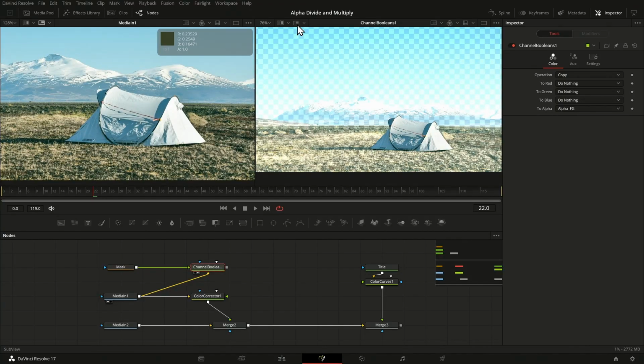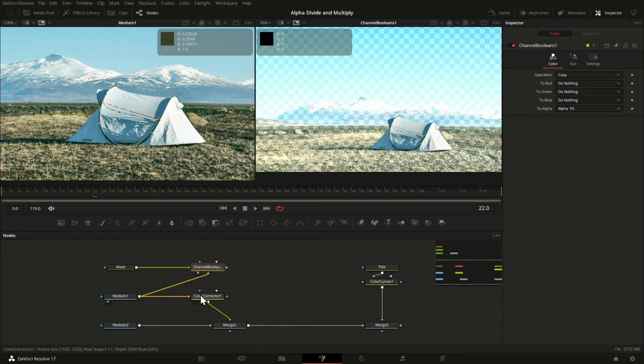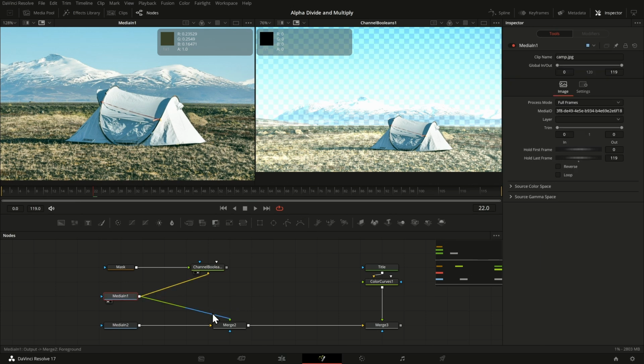It is now a combined image. It does have the correct alpha values. And I can open the inspector here so you can see the alpha values. So here alpha 1, here alpha 0. But it still has all the color values as well. The way the Fusion viewer displays it, it displays the checkerboard for the transparency and puts the color values on top of it. If I use this now in compositing, let me delete my previous step here.